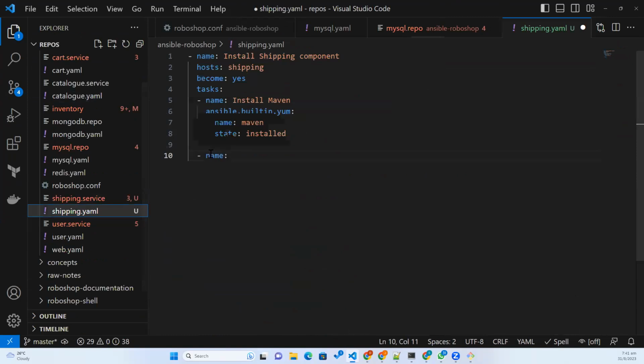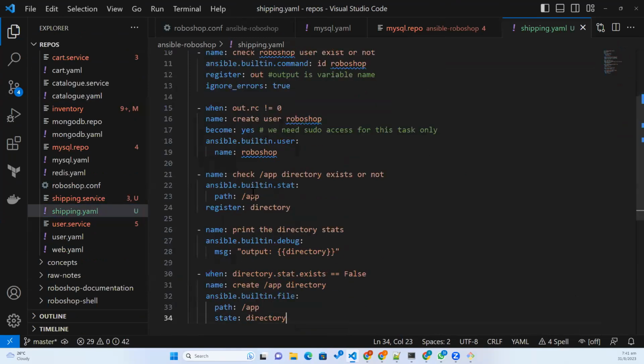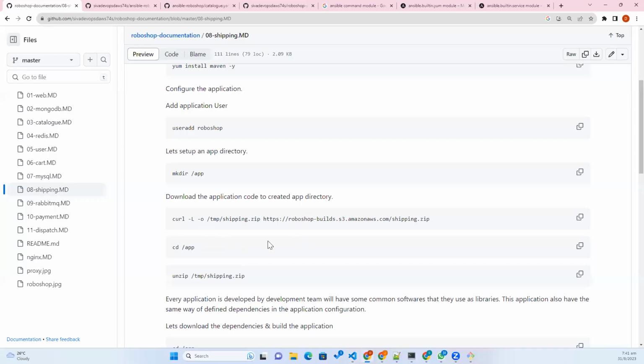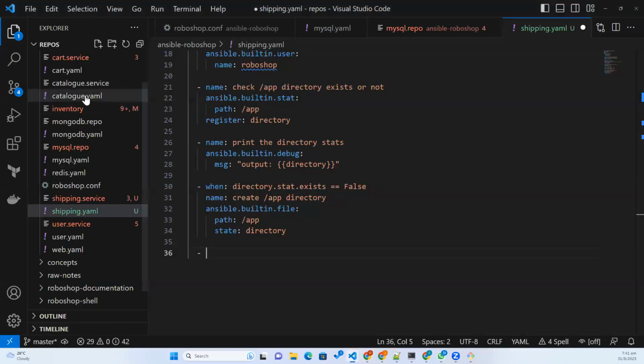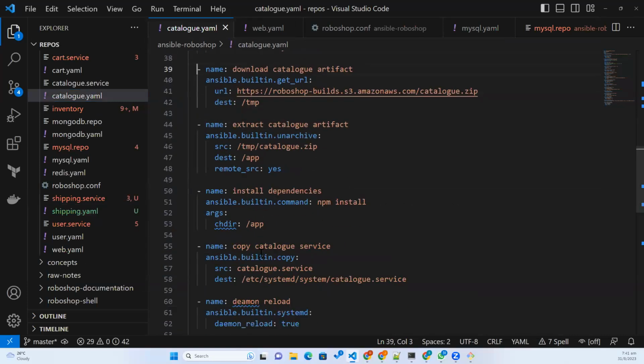This is in shipping. Okay, this is done. We already did this multiple times. Creating the directory. And finally, downloading. But that one also we can copy it. Downloading and